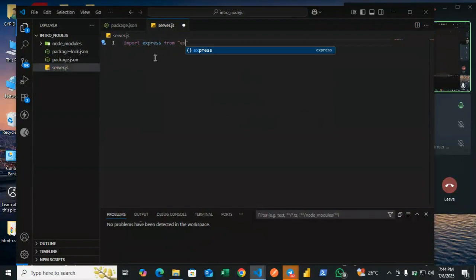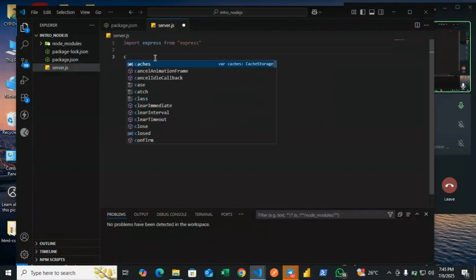If you did not install the Express, you will not see it like this. It's when you install it that it will come up like this. So I have to accept it, and then go to the next line. In this next line, we are going to now configure it